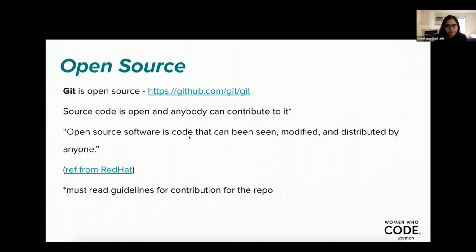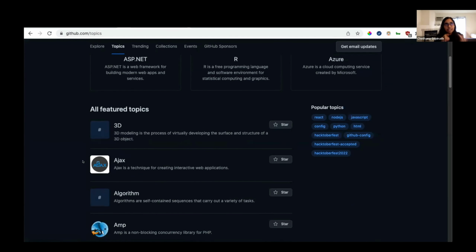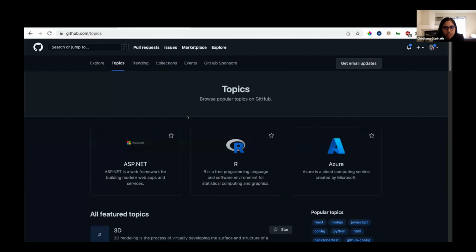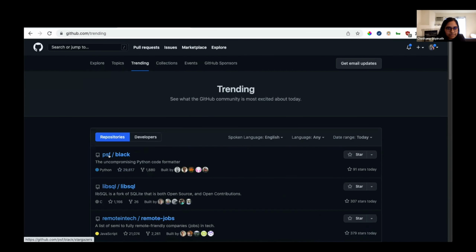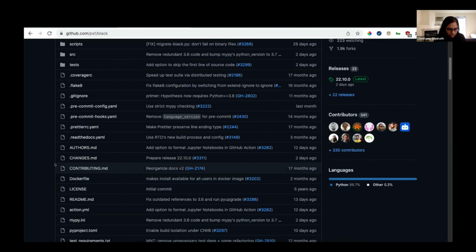And open source software is code that can be seen, modified, and distributed by anyone. And this is from Red Hat. And so each open source repository will have a README where they mention, let me actually go to one. Let's see. Oh, Black is really cool. So each of them will have a contributing